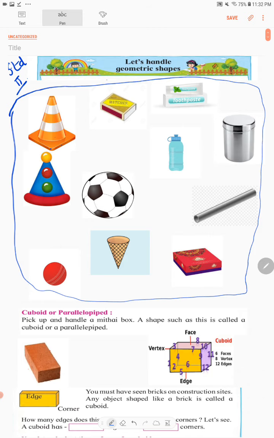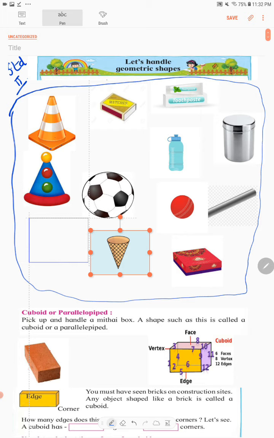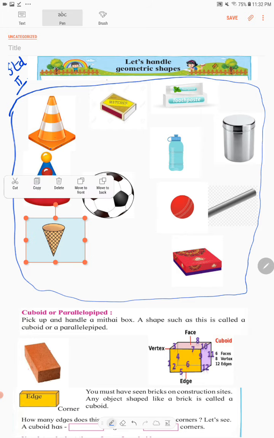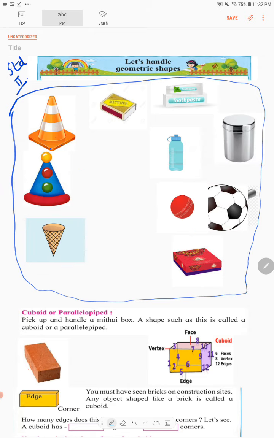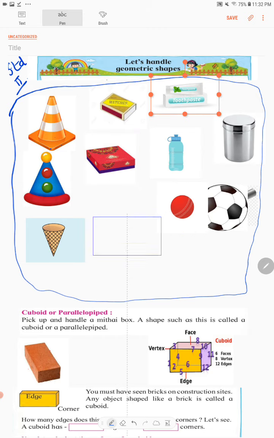So we'll try to segregate all the shapes in one line. So this is a similar shape. Now this is a matchbox. Along with the matchbox, what is coming together? This mithai box and this toothpaste box.